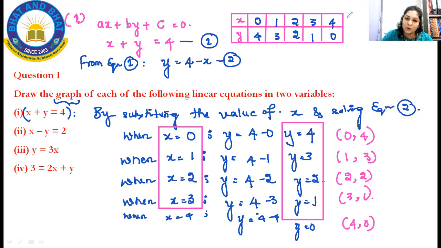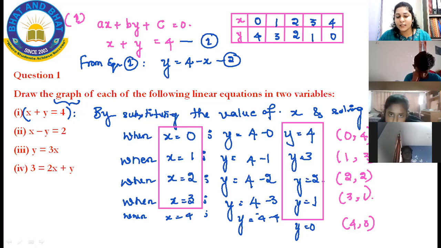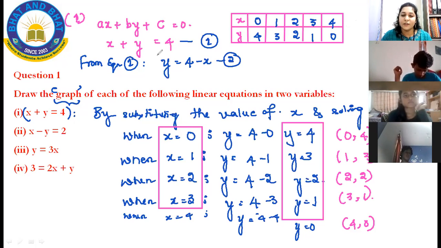You may ask, ma'am, can I just go on substituting the values? Yes, you can go ahead and go on substituting the values for x, and you will surely get a lot of values for y. So what I'm trying to tell you is that we have infinitely many solutions, but we have to restrict because we are just supposed to plot a graph. So now there is one catch, or one thing which we have to carefully understand.